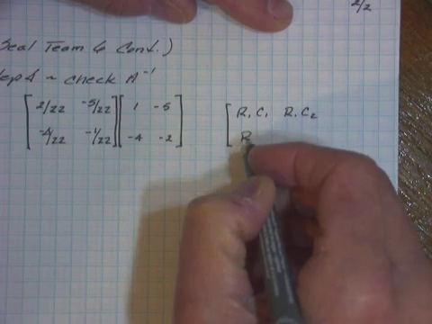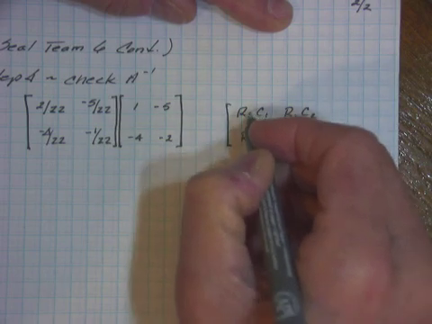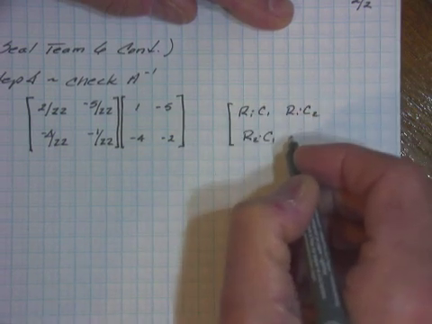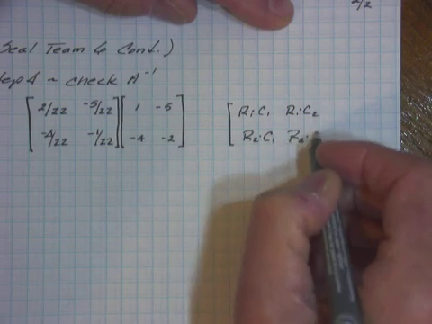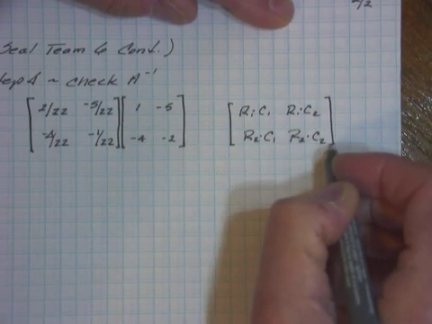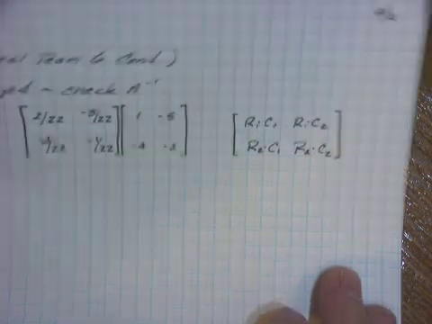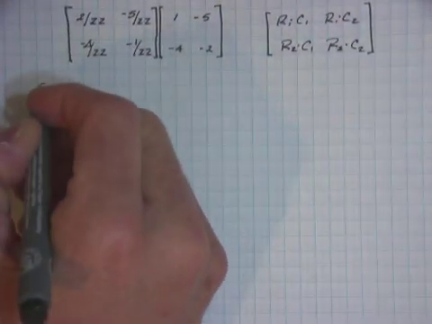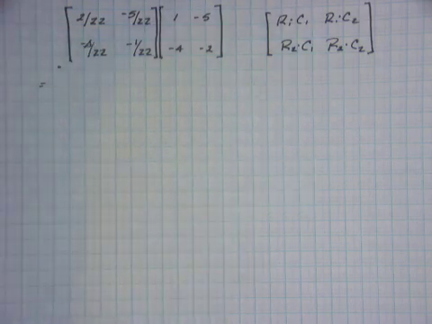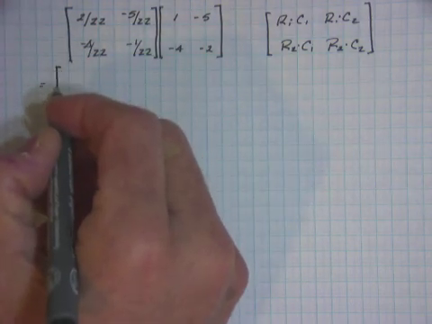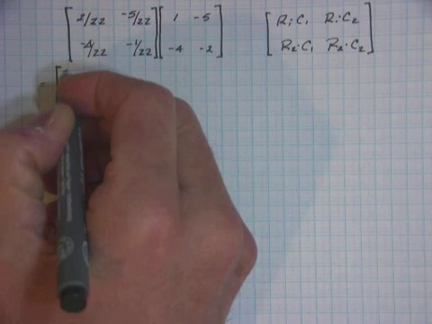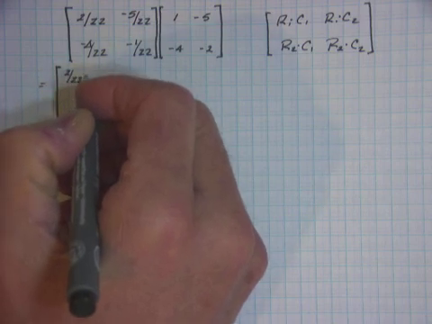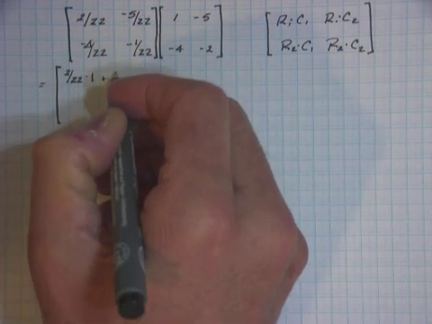And we're going to be doing R1 dot column 1, R1 dot column 2, R2 dot column 1. These are all dot products. And R2 dot column 2. So that's the multiplication we're going to be doing. You can see this is going to be a lot of fun with all those fractions. So we've got